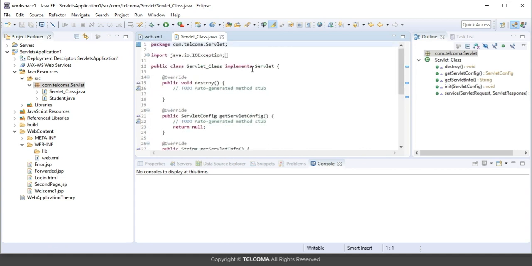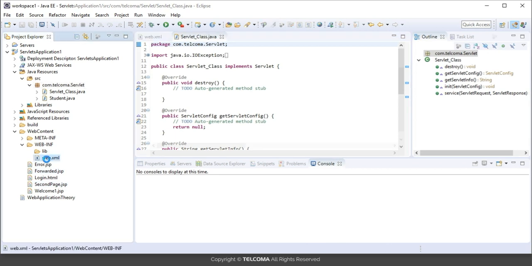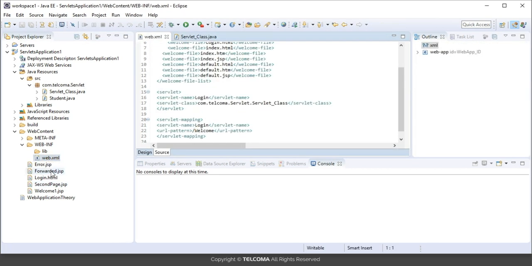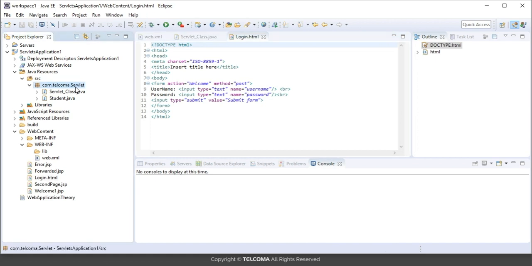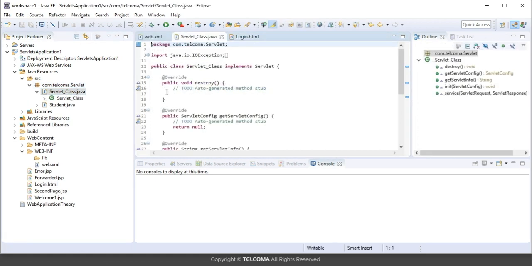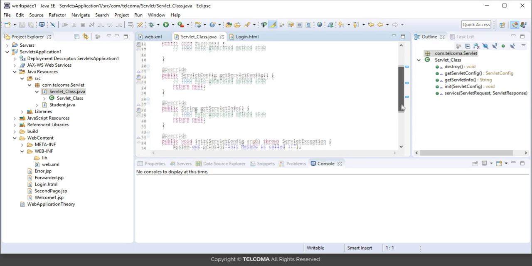Here we implemented the Servlet interface, so it will not change anything. In the web.xml, the mapping will remain the same, and the welcome file is login.html, that is also the same, and if we see the action, that is mapped to the welcome HTML. Now when we go to the servlet class, for the time being I'll just comment out these methods: